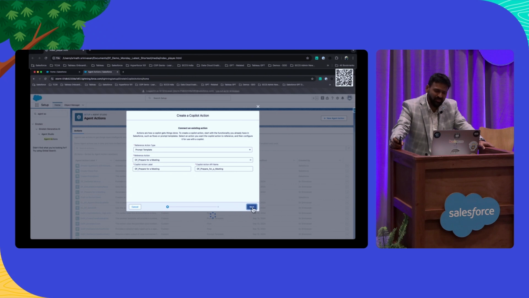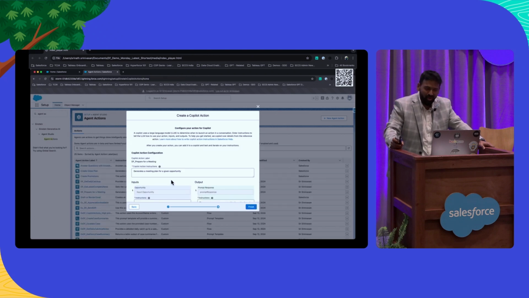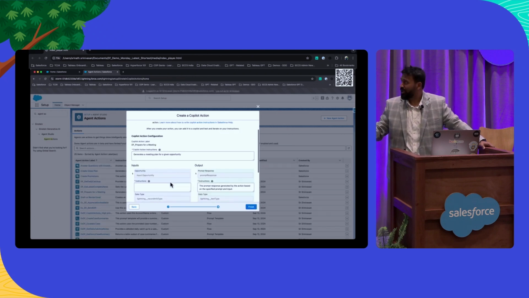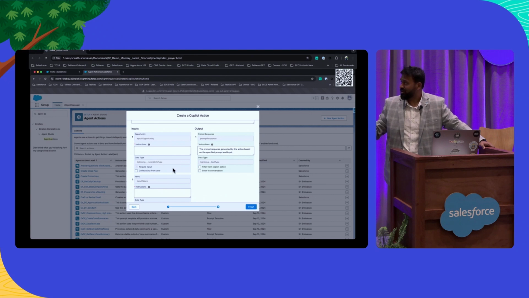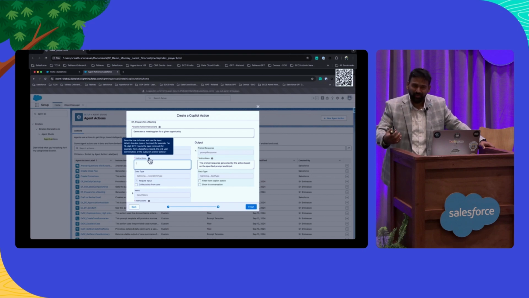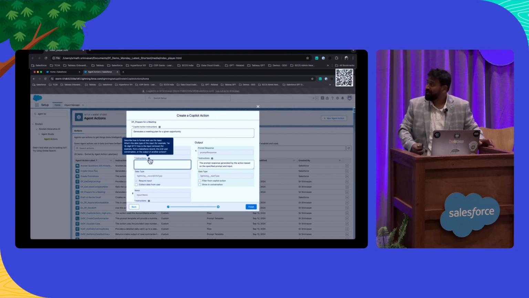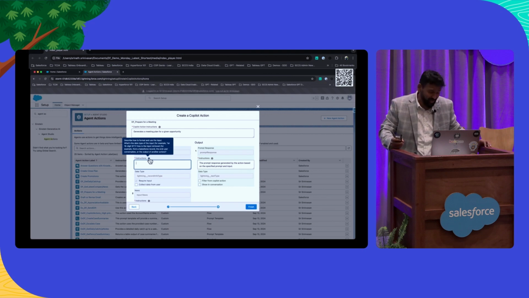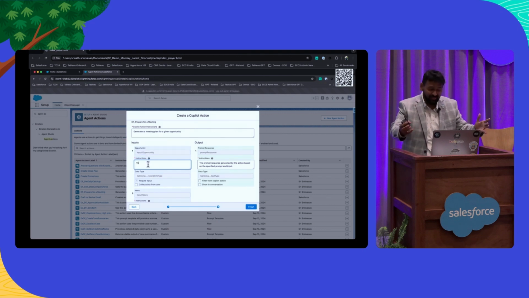All the descriptions that you put in during creating the prompt or the flows actually get brought into the Copilot action as instructions. I've not done a great job in providing this information. Why is this important? This tells the system how to read the input, where it comes from, and what I should do with it. For our use case here, I'm going to make it as simple as possible and just give it the instruction that this is the opportunity for which we need to generate a meeting plan. Very simple, but yet conveys what we want to do.